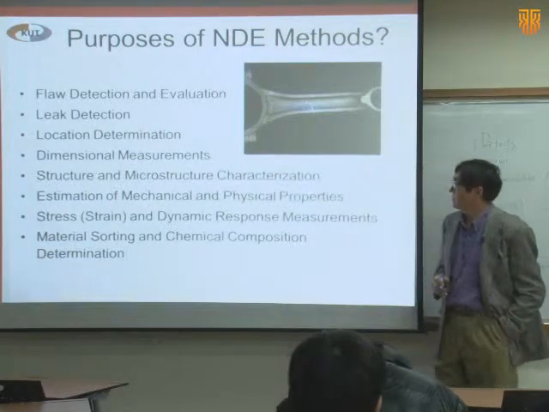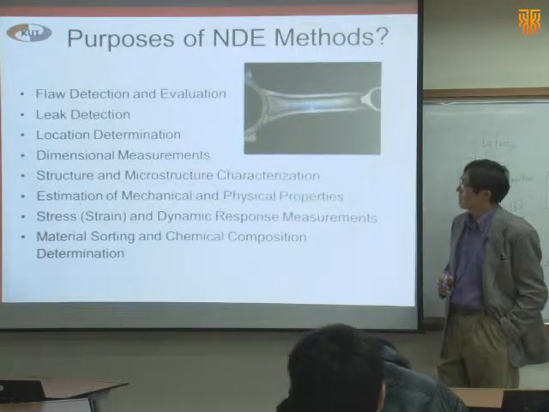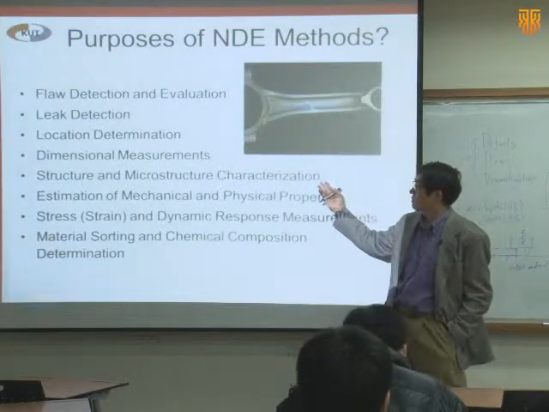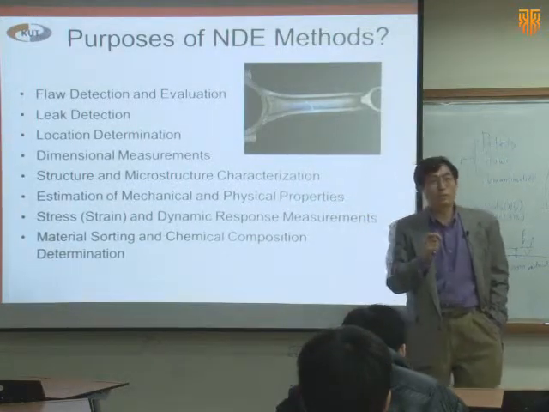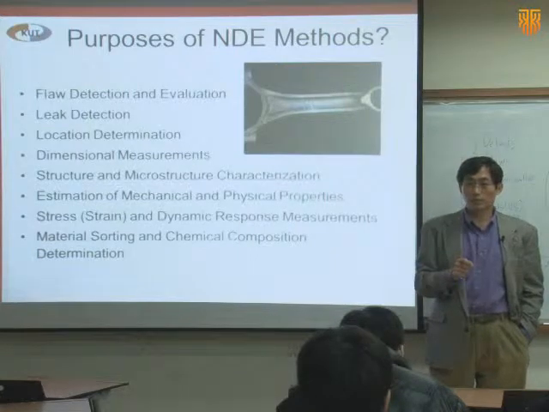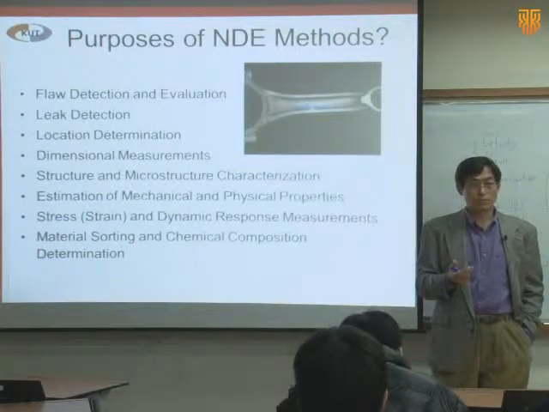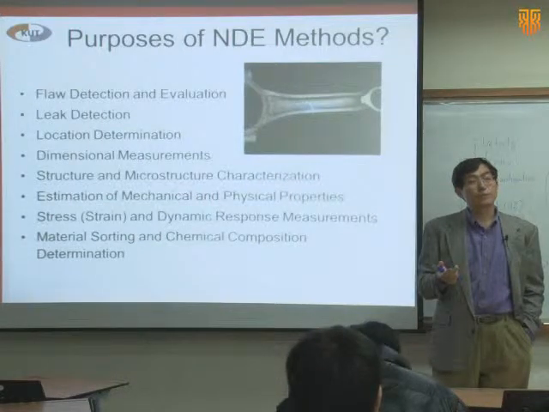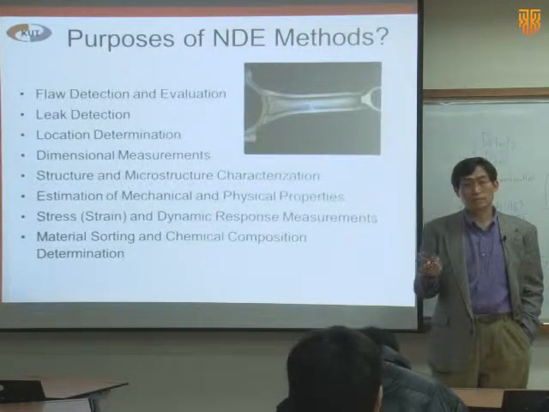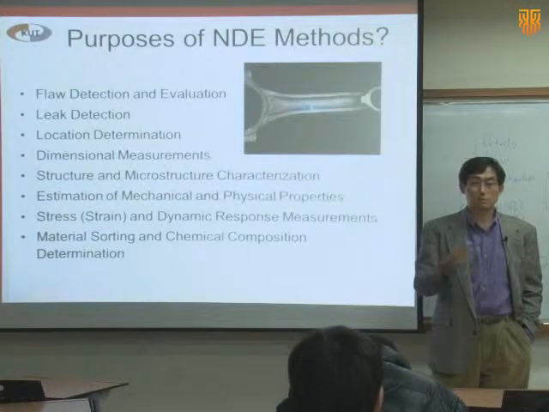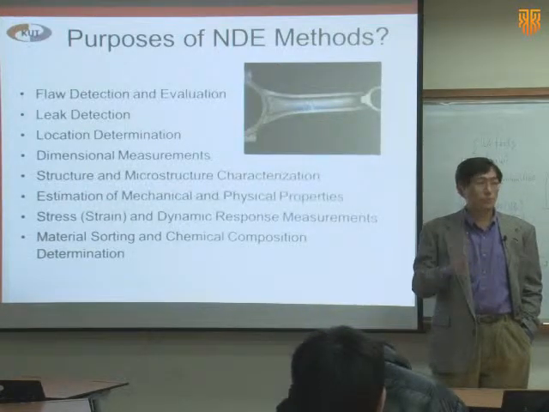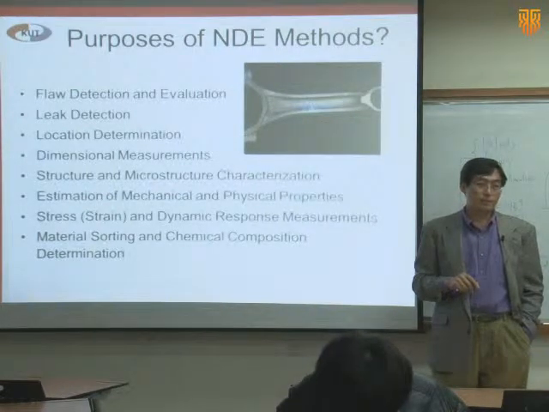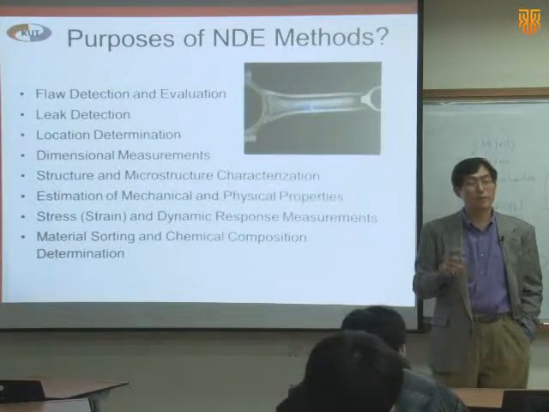That is the most important application field of ultrasound. So if you want to measure Young's modulus or yield strength, you can use a tensile tester, but if you don't want to break the material, the alternative is to use ultrasound. That is our main topic, the main purpose of